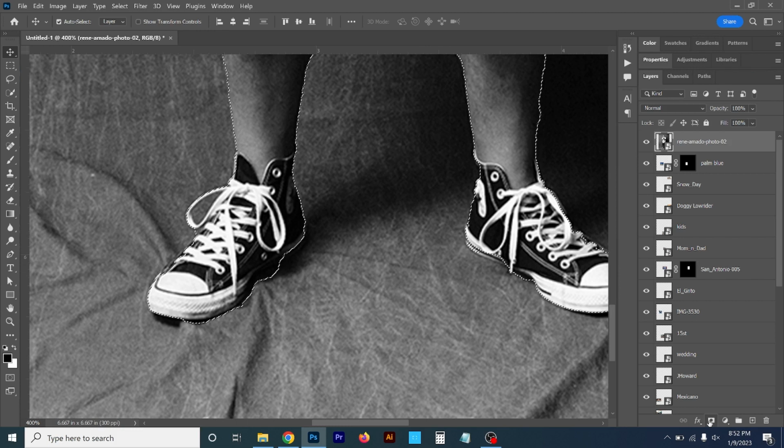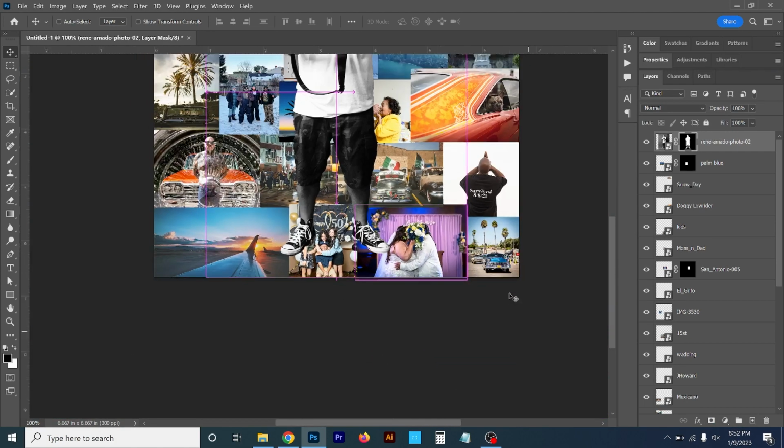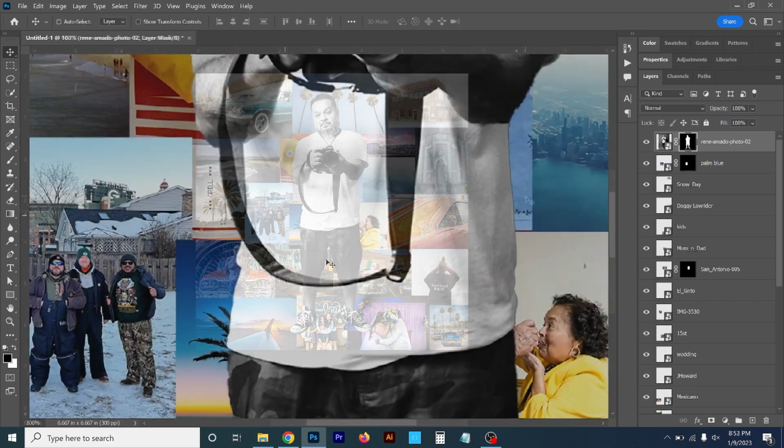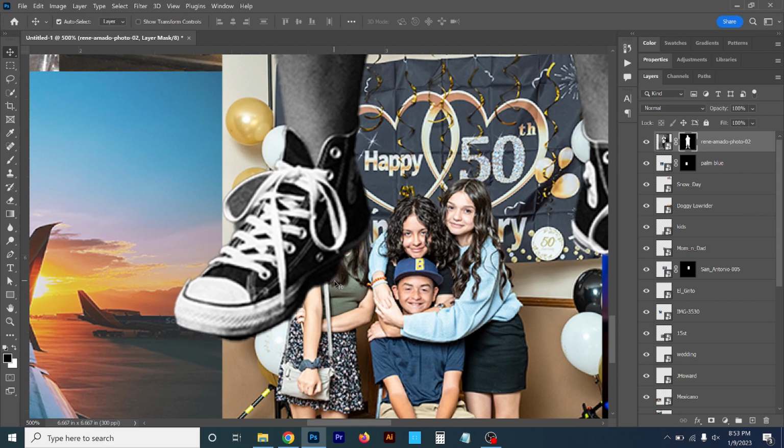So again, I've got the selection around myself, the subject. I'm going to hit the mask button here, and boom, we now have a mask around me. So I'm going to zoom back in, and I'm going to fix these areas. So once again, this is a mask